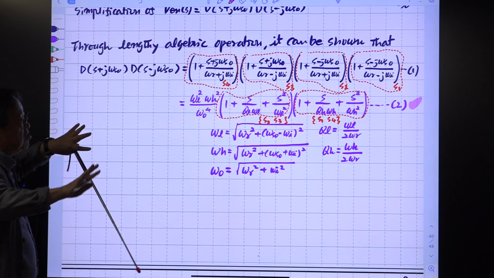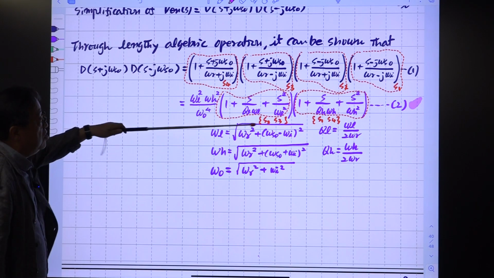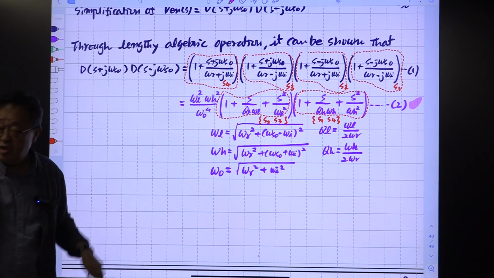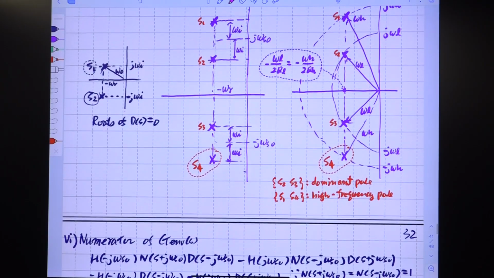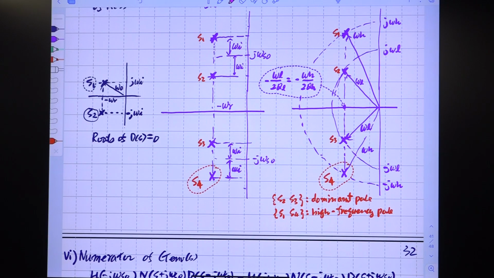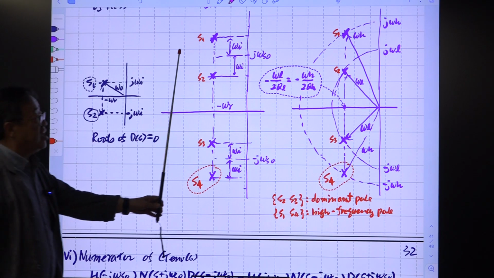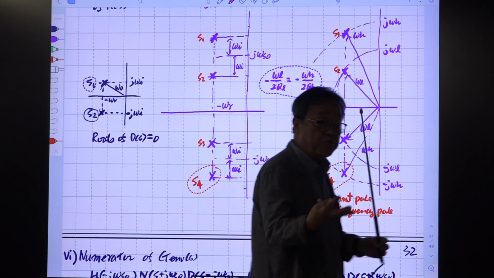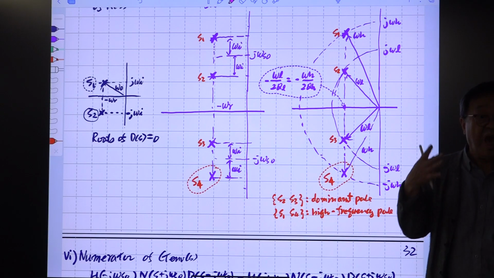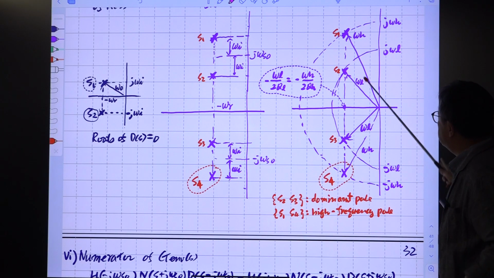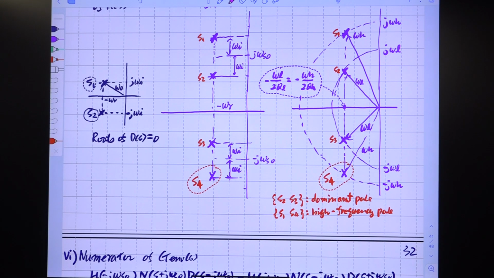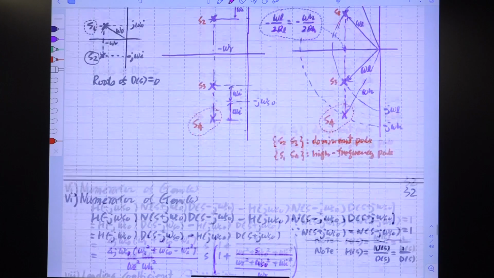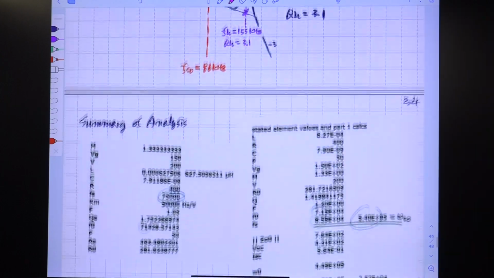Two separated second order terms, standard second order terms. One is here, another one is here, and in pole locations, this first equation predicts this, and the second equation predicts this. They should be the same thing because we are talking about the same root. So this should be the same expression. Okay. So what I'm trying to do is very complicated.